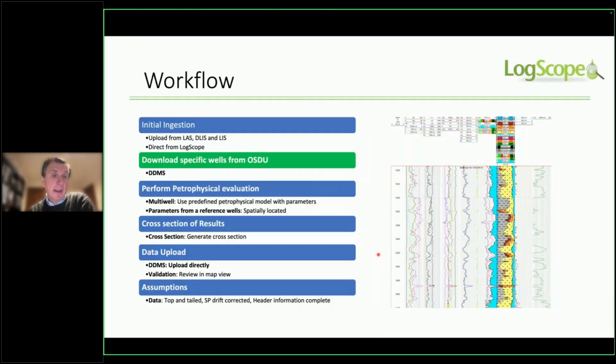So the next thing is downloading the specific wells to actually perform our petrophysical evaluation. Now, those first two steps may have been done months, years from the time that you need to do the petrophysical evaluation. Just as a side note,